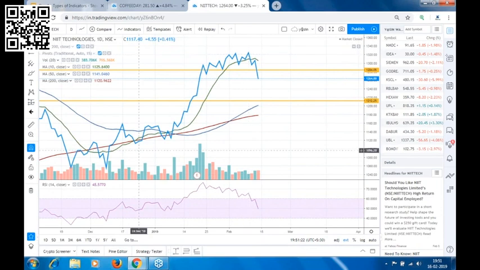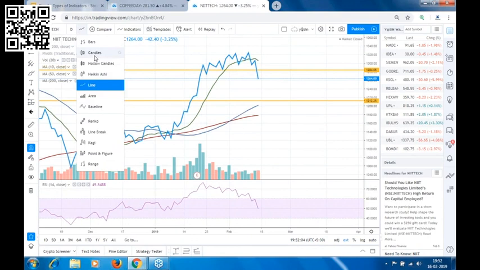Now, RSI is your momentum indicator. That is, it should move along with the price. But what we are seeing over here is that the stock is making higher highs, but if you look at the RSI, with every high it is making a lower high. That means RSI is pulling back, but the price is going in the upward direction. So this is your negative divergence. So once we get this kind of divergence, that means the trend is about to end. The stock is getting exhausted. Now the stock will either go into consolidation or we can see a reversal in the stock.